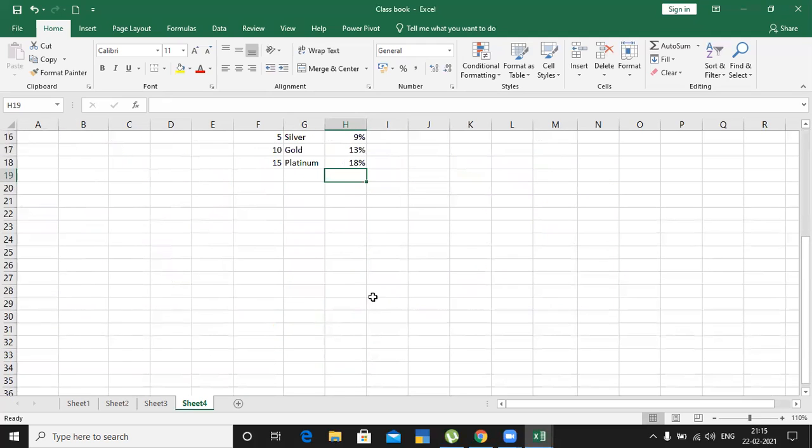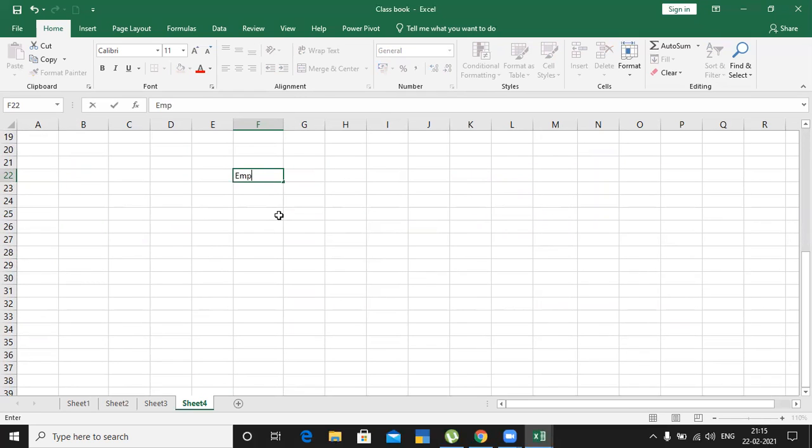Now I would like to search in this area. So what I do is here I'll take employee name. Then I wanted to know what bonus percentage is allocated, and next bonus value is allocated, and what their gross salary is, and next one is net salary.